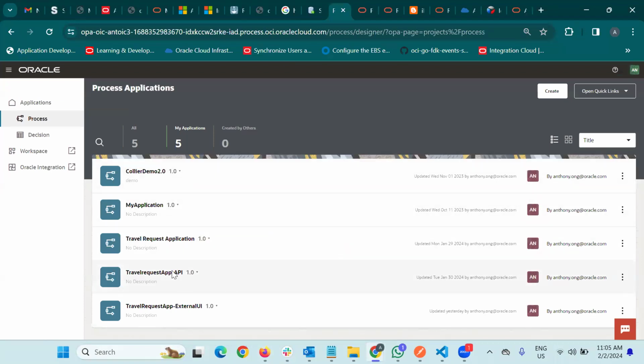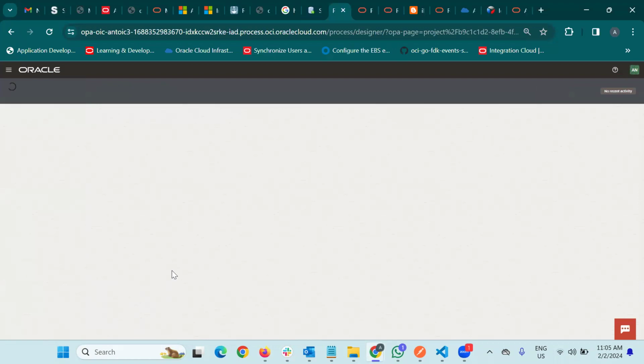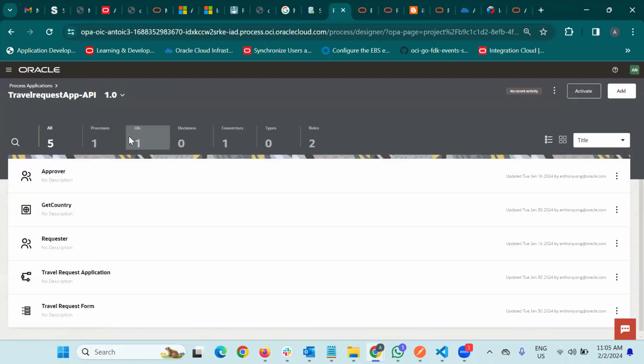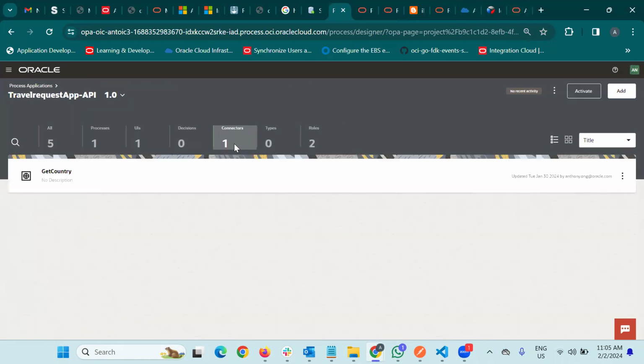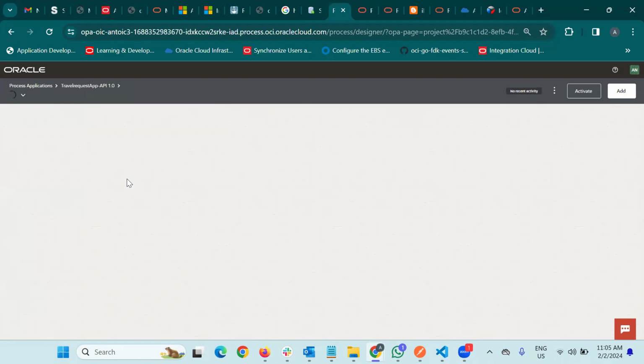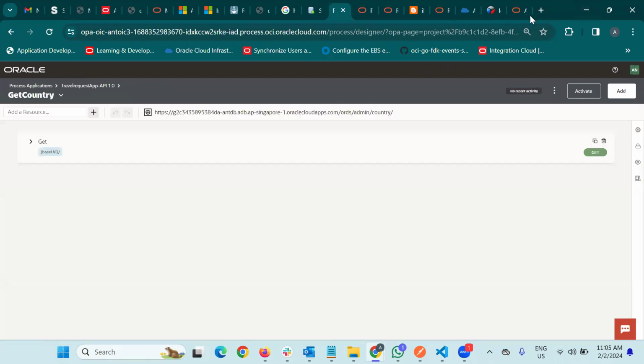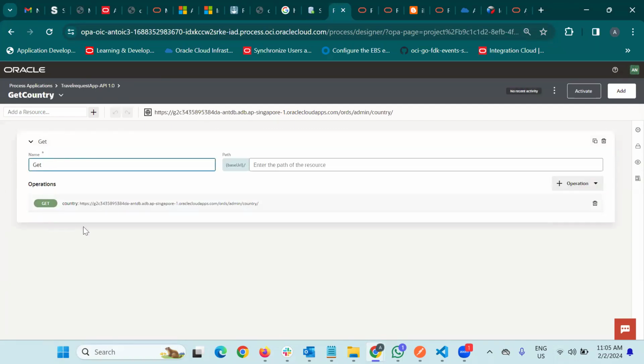portal. So this is the process application we're working on, and we have that REST API that you already saw. This is where we create the connector for the external APIs, and this is the connector that I have used. Once you have the API link, which is this, what you need to do is add the source, and then with this created, you can define the operations for this